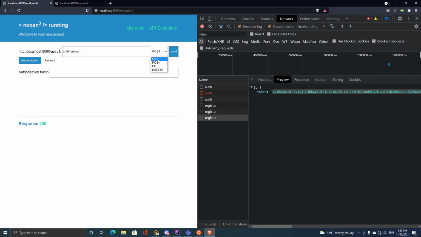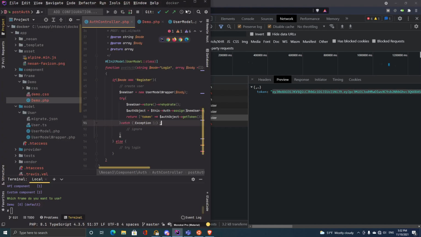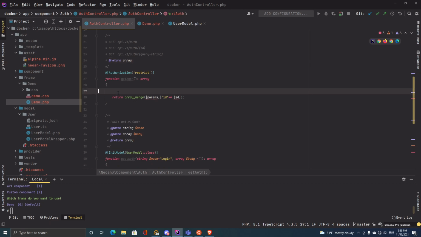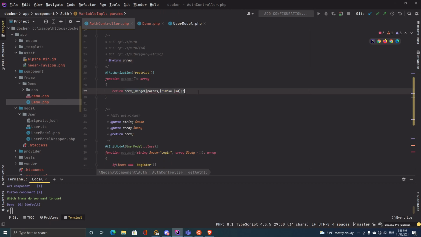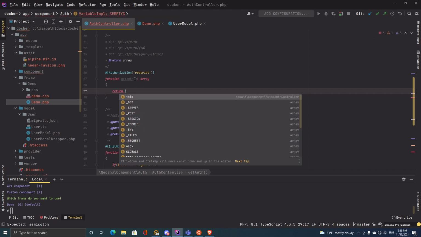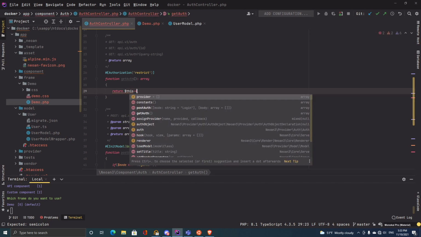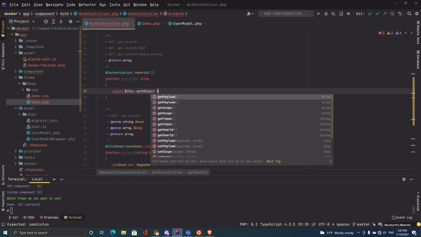Get rid of it again. Do you remember that when we get auth, we set this to be a restricted route, right? So I'm going to do this again, and you can see it fails. I get a response of 401. What I basically want to do now, and then that's already it, is to say, forget everything about this. We don't care. What we actually want to do here is to return the payload of the current user. So we're going to say this auth object get payload,